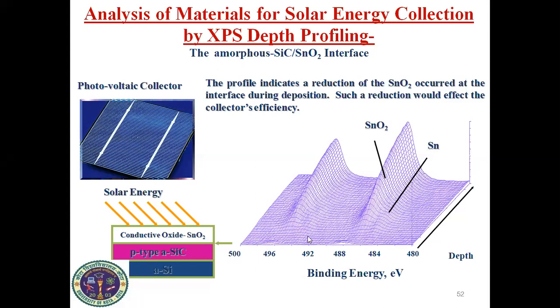So if you look at the XPS profile, you can see that initially the stannous oxide, because of the small quantity, is mounted in a decreased amount compared to the outer side of the collector. So we can see that stannous oxide mounting is not uniform on the solar collector surface. This we can also check.